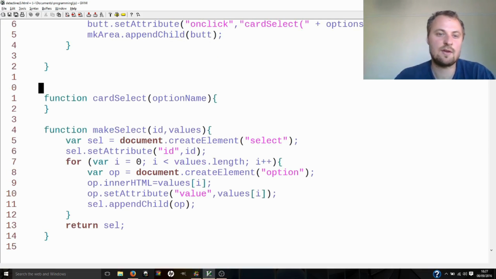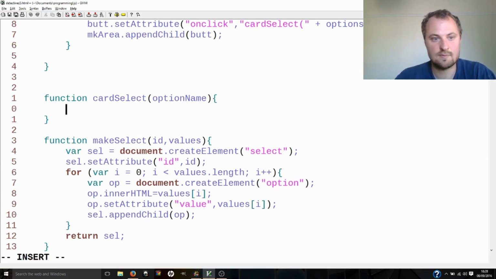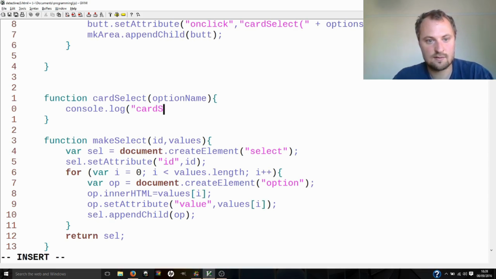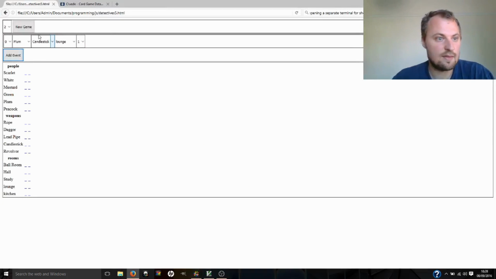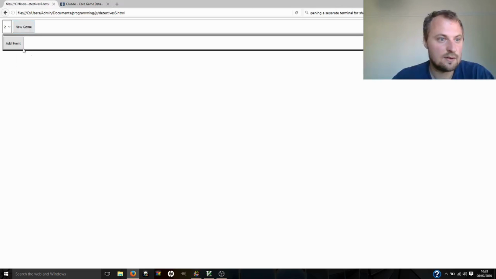So now we have a thing called the composing dot, and we won't use that right now, but we will use that very shortly. Right now I'm just going to do a console.log and make sure that we are getting card select called, and the option is: card select colon plus option name. And in theory, when we try and run this, Control R,